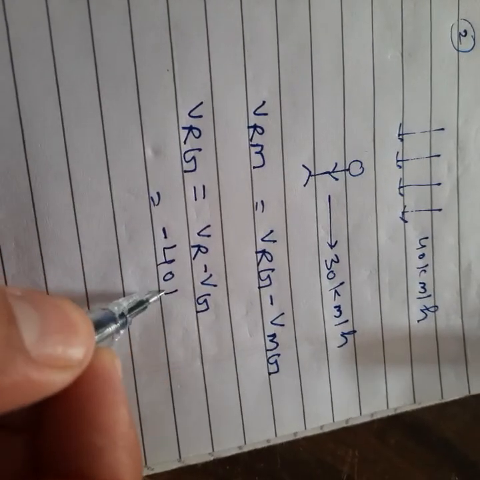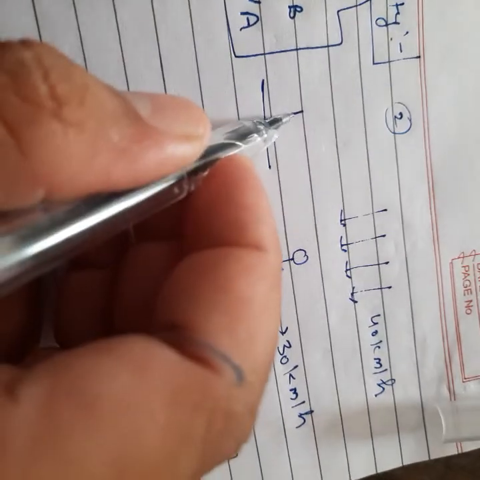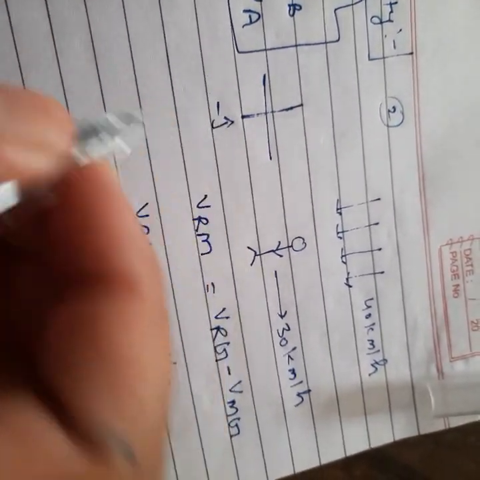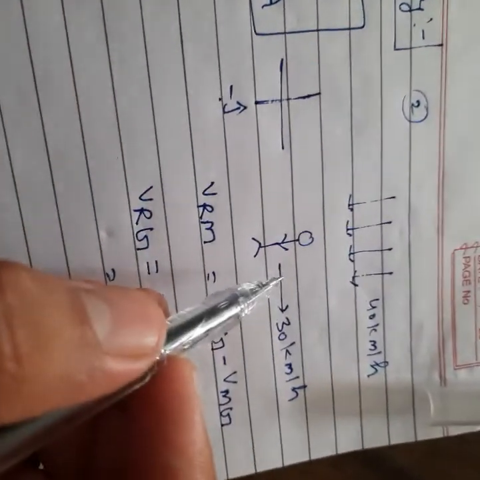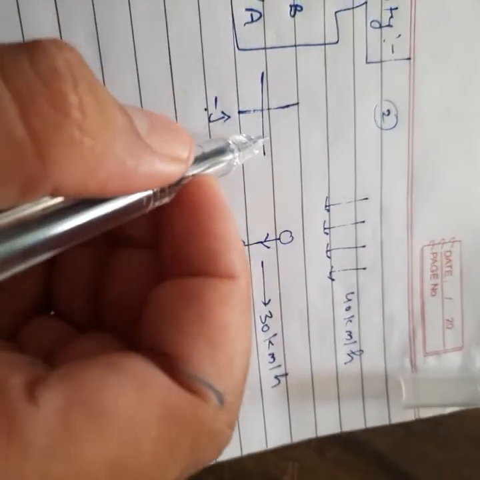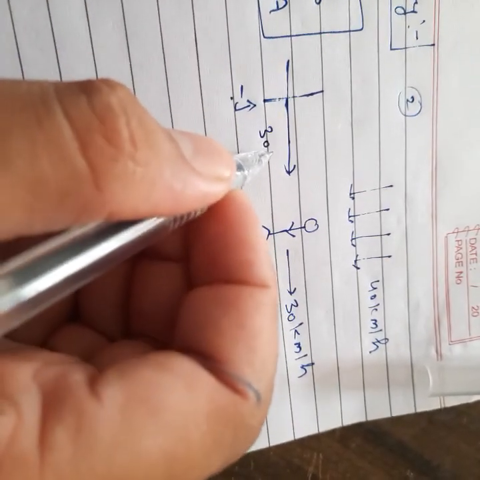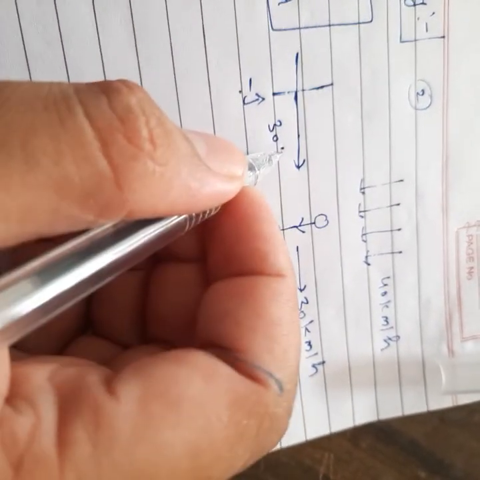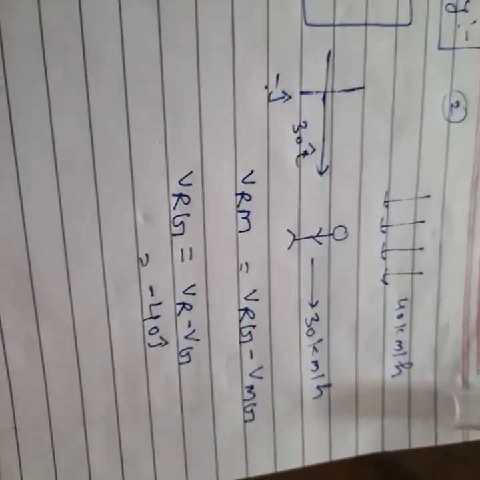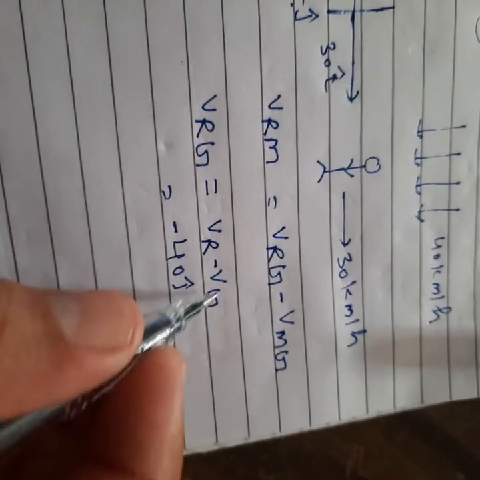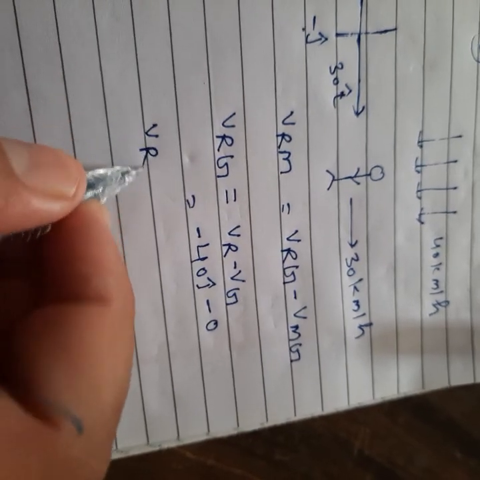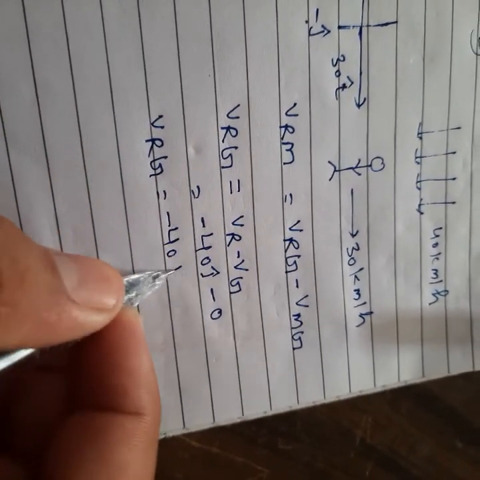How much it will be? Velocity of rain minus velocity of ground. Same thing you will follow in each case. So velocity of rain, how much? 40 downside. So we can say it will be minus 40j. Connected with the axis, yes, just like it. So rain is coming downside, so on this side we will get minus j. And man is moving in this direction, 30 km per hour. So we can say he is moving in the I direction. Here velocity of ground is how much? 0. So velocity of rain with respect to ground is equal to minus 40j.